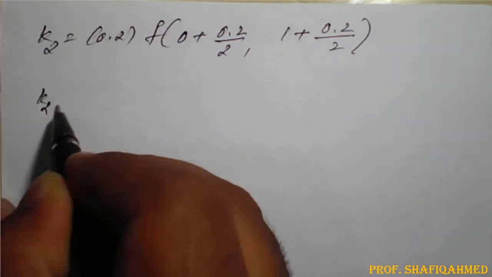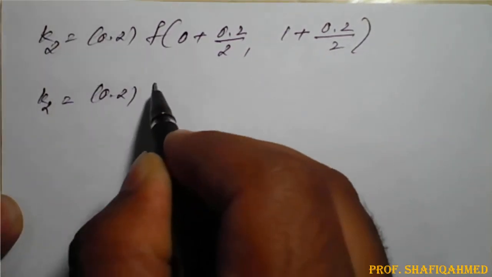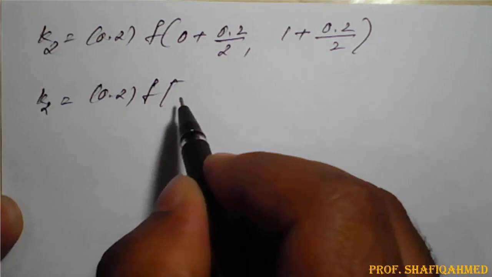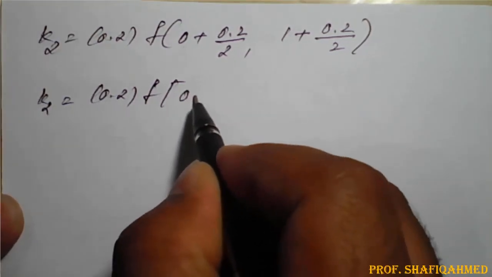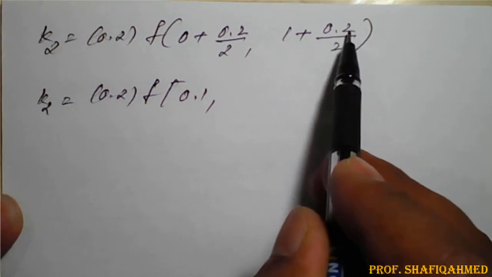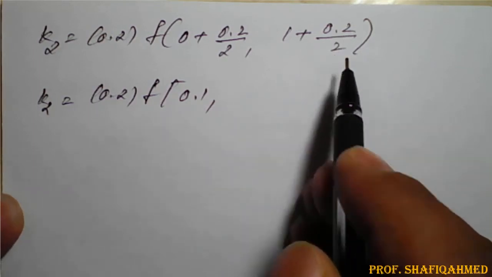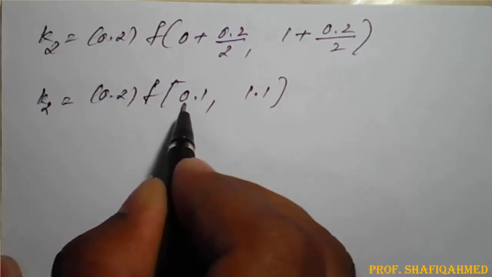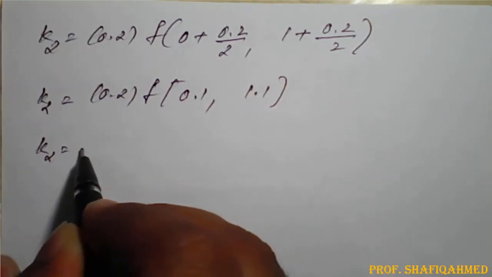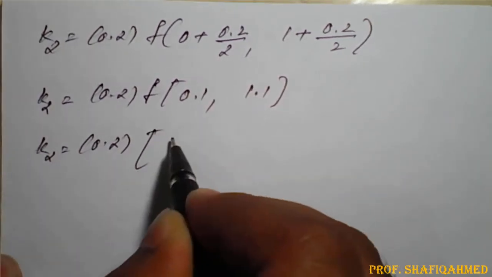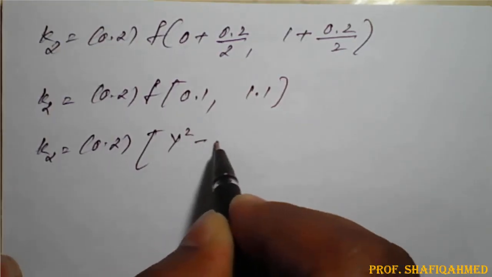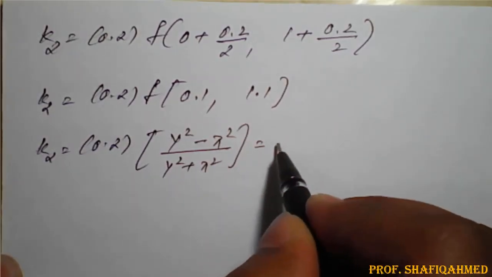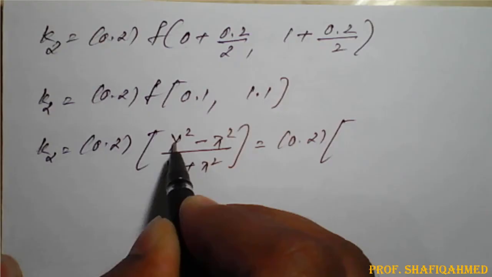So therefore K2 is equal to 0.2 into f of (0 + 0.2/2, 1 + 0.2/2). On calculation it will be (0.1, 1.1). So this is the value of x, y. So therefore K2 is equal to 0.2 into (y square minus x square) divided by (y square plus x square). This is the differential equation, that is 0.2 into